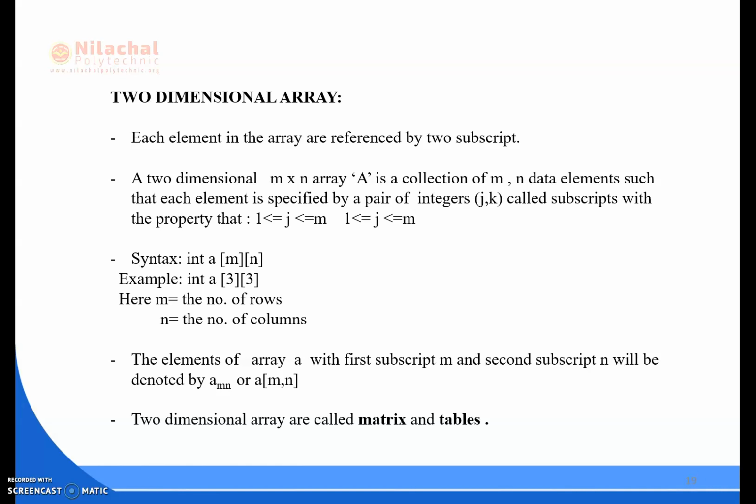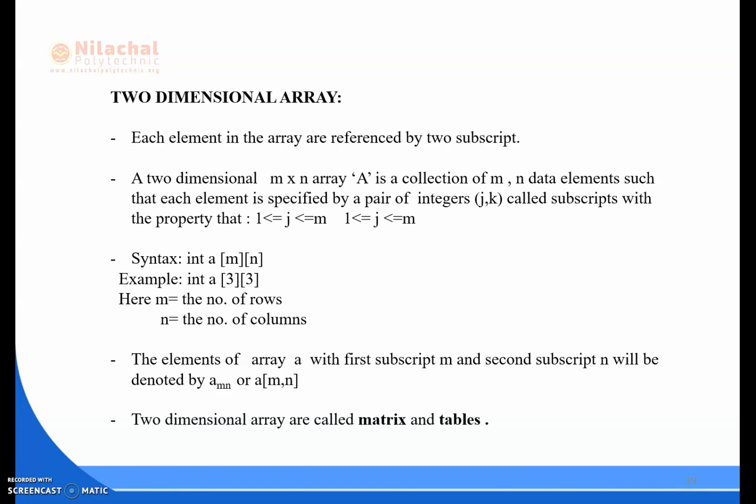Here the two-dimensional array is represented with the syntax int a[m][n]. Here int is the data type, a is the name of the array, and m and n are the total number of rows and columns in the two-dimensional array.